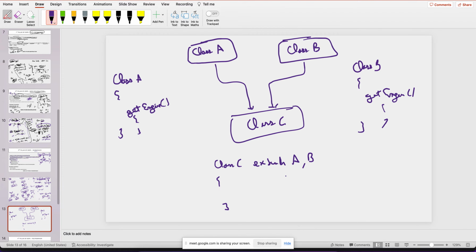Let's say this is not possible, this is not allowed in Java, but let's say if it is, what is the issue? Now I told you that a child class has access to both parent members and functions. Now let's say I create a class C object. Class C object equals new C. Now if I am calling object dot get engine,